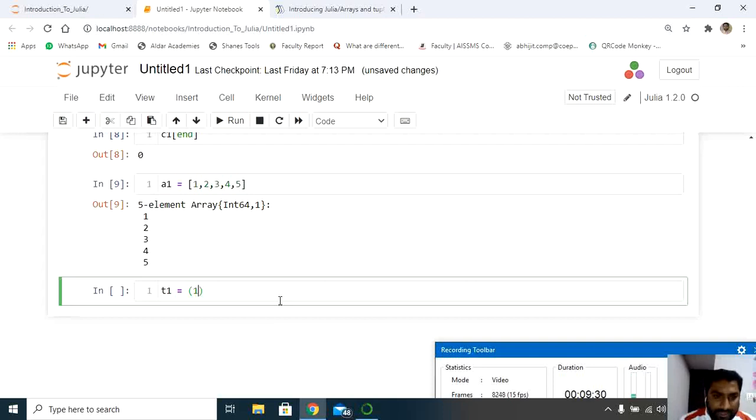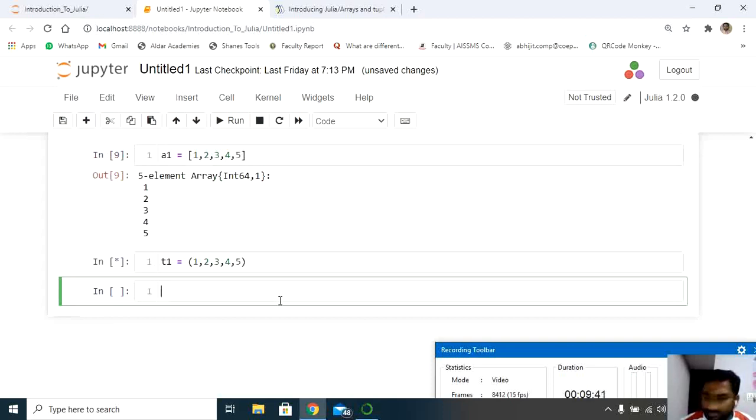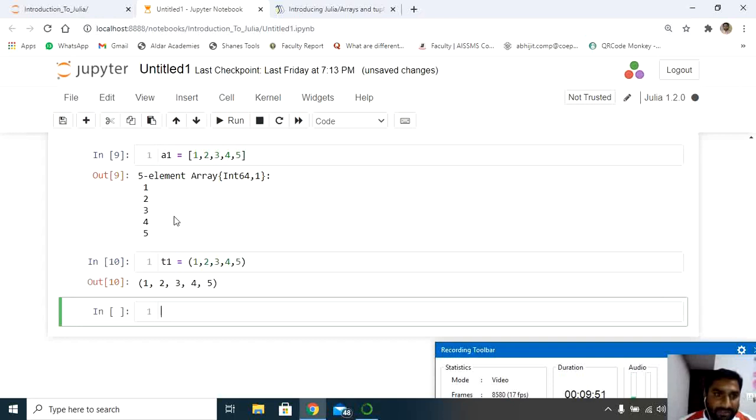In the same way, let's declare some values: 1, 2, 3, 4, 5. Next, enter it. It should display just like how we have displayed before. You can see here it has given me the values 1, 2, 3, 4, 5.